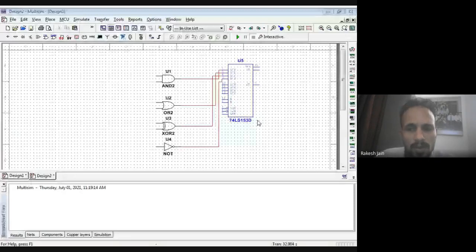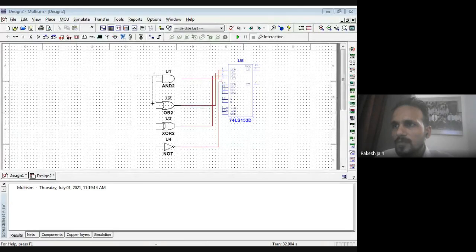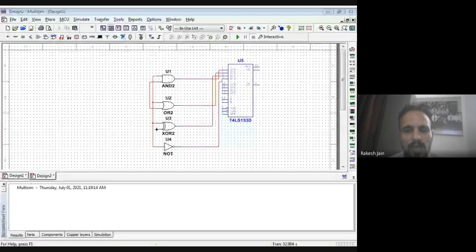Now, connect all the first pins of all the logic gates together. So this AND gate is connected with this OR gate, the upper first pin is also connected with this XOR gate, and because NOT consists of only one input, it is connected to this. So all the first input pins are connected together. Connect all the second pins. So I just connect the B input pin, the second input pin. So all the upper input pins are connected together, and all the lower input pins are connected too.